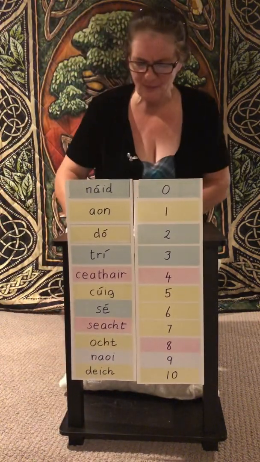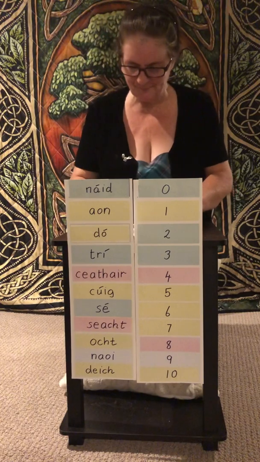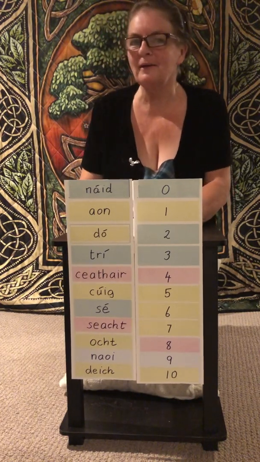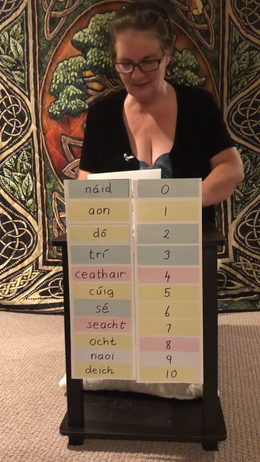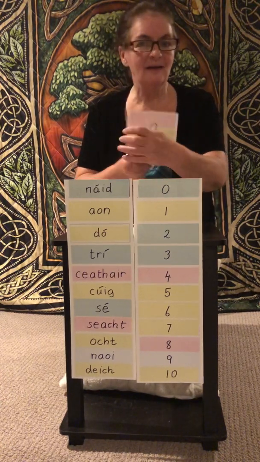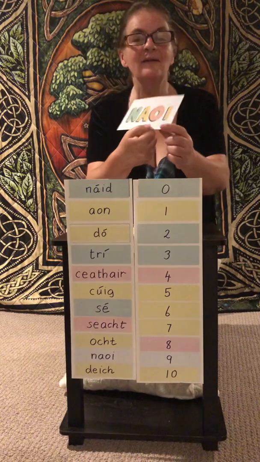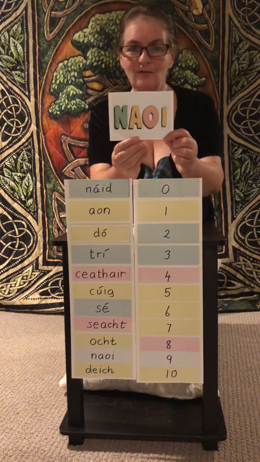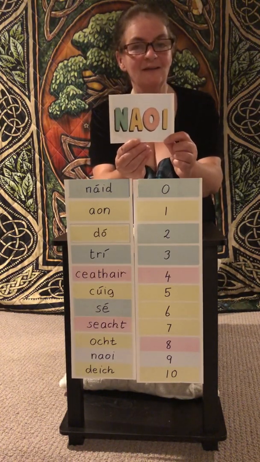How are you going to remember them? Let me help. Let's start at the bottom, with 9 and 10. Okay, 9 is knee. Lots of vowels, sounds like your knee. Knee.